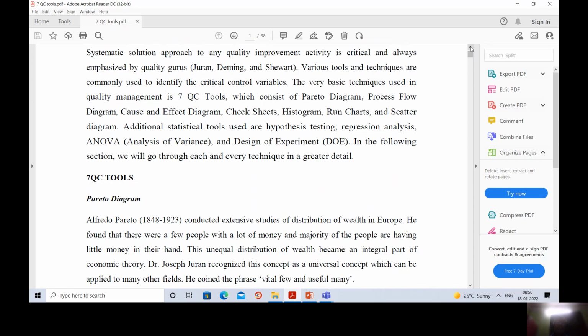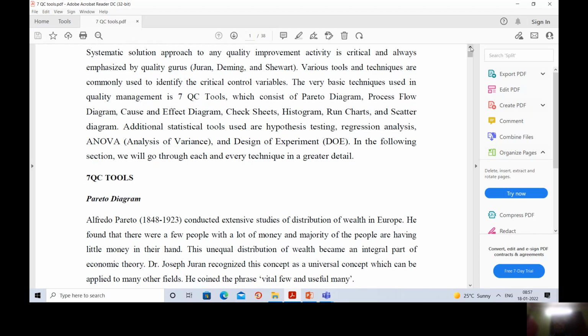Okay, so in this video, we are going to discuss the cause and effect diagram, or it is called fishbone diagram or Ishikawa diagram. This is one of the 7 QC tools. QC means quality control. Actually there are 14 tools, old tools. What we are discussing are old tools. Now new management tools are also available, which we will see in the later stage. These 7 QC tools, that is quality control tools, are very popular, and they are widely used for improvement